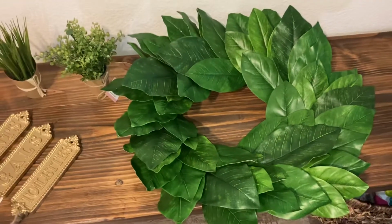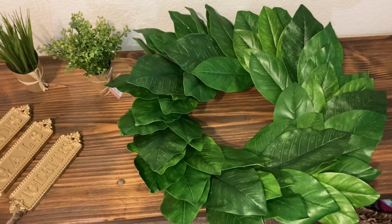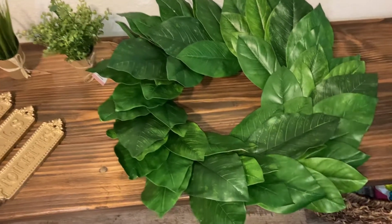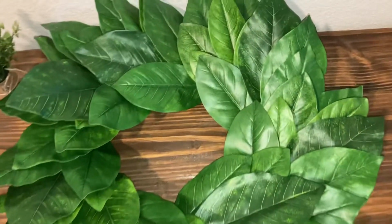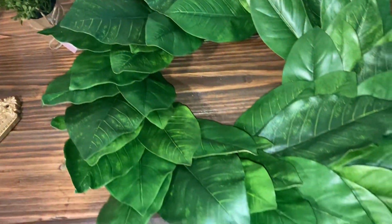And then maybe towards the fall, I may give in and purchase the one from Magnolia Home because it does look a little bit more fallish. But this one will do for now. I love it. I think it looks so realistic and the quality of it is so good. It's very